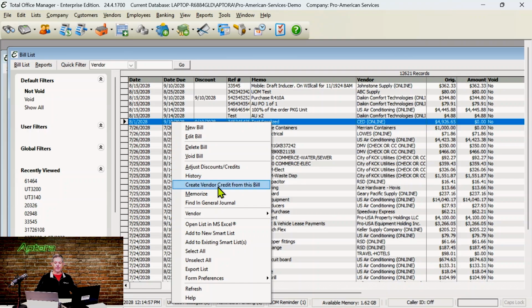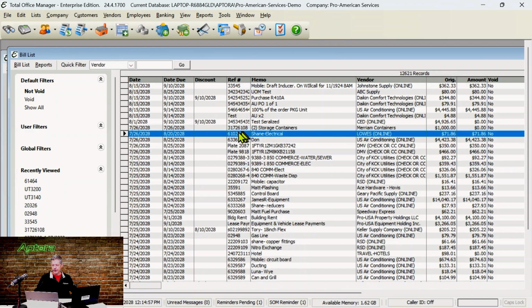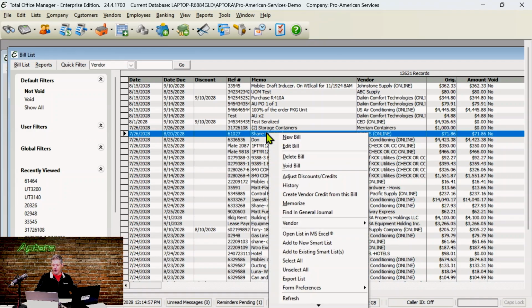You can create a vendor credit right here without opening it. You can look at the general journal information related to the bill, like credits and debits, without opening it. You can also just shortcut right into the vendor's own history. So the bill is for Merriam Containers or Lowe's. Let's do Lowe's. So I right click on Lowe's